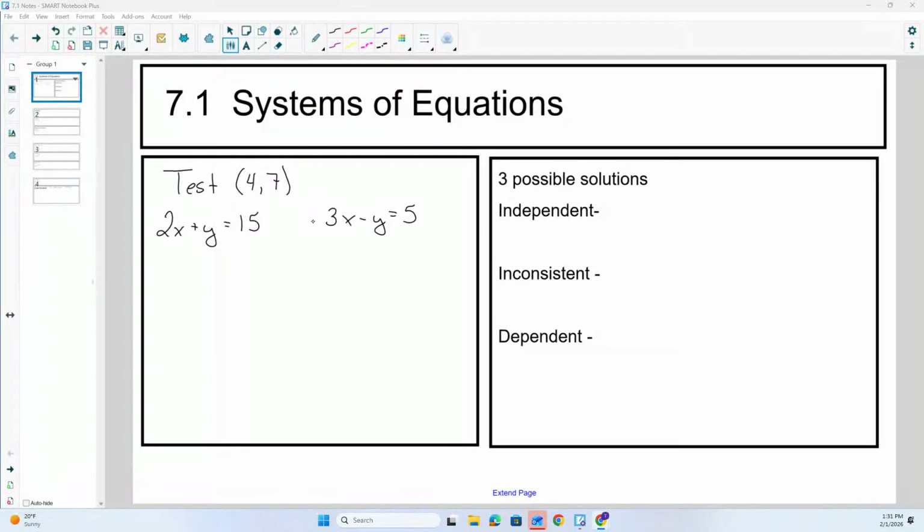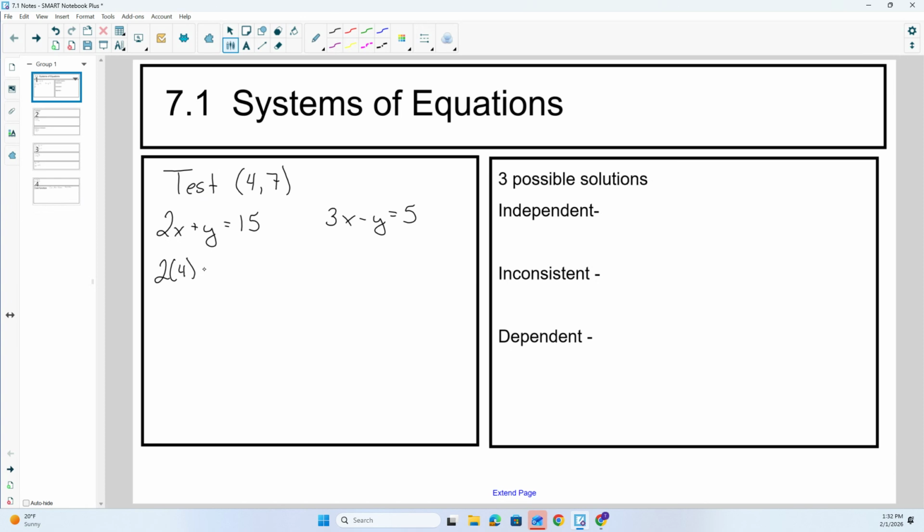Okay, so we're going to do 7.1 in our college algebra section, and it starts off with systems of equations. The first thing we're going to do is test these two numbers, where 4 is your x and 7 is your y. It's just like a coordinate point. So we're going to see, is this a solution to both equations? To put it in here, we do